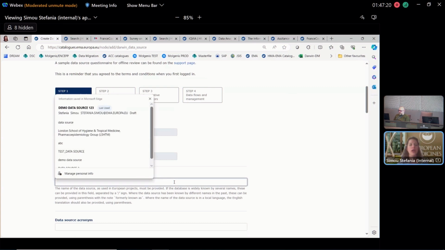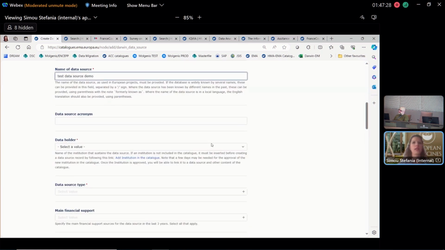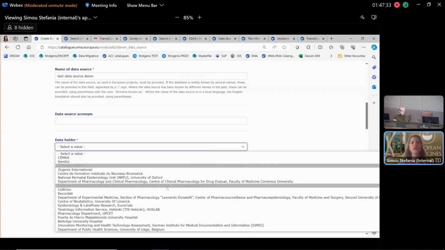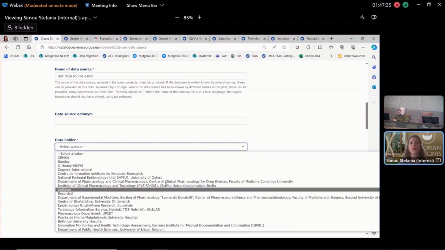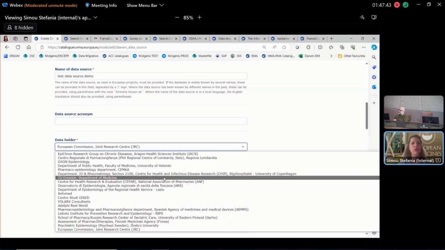So let's try to enter some fake data just to proceed to the next step. Data source demo. And here in the data holder, we see that there is a drop-down list of all the institutions that are present in the catalog. So we can search and find what we are looking for. So let's